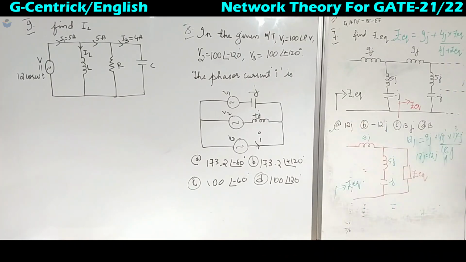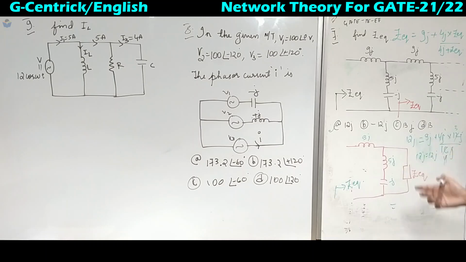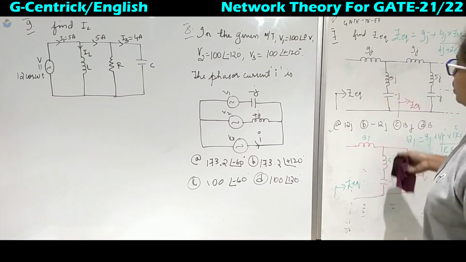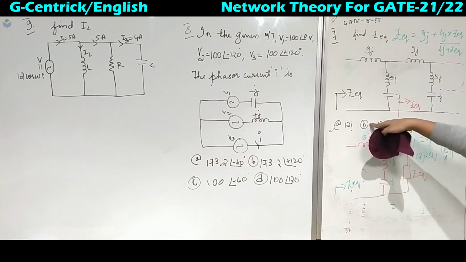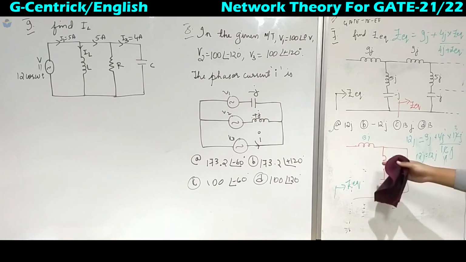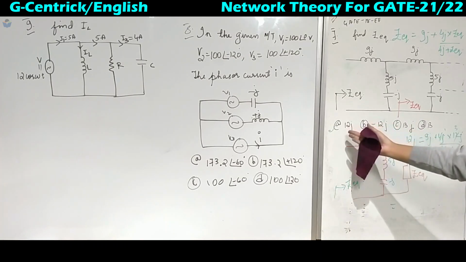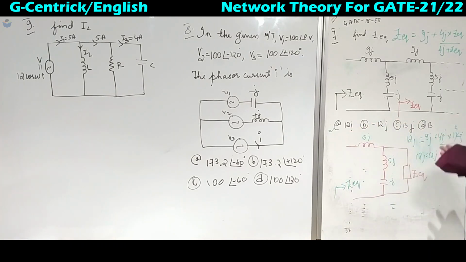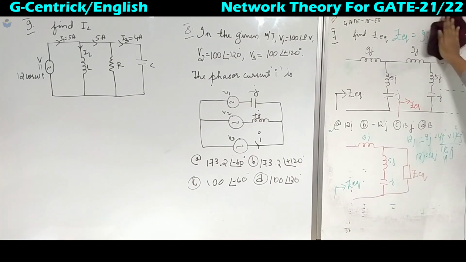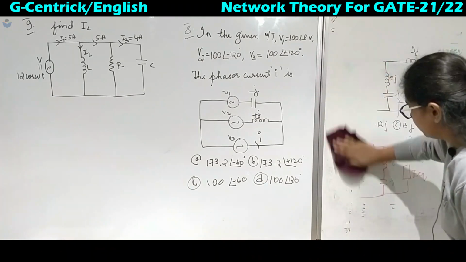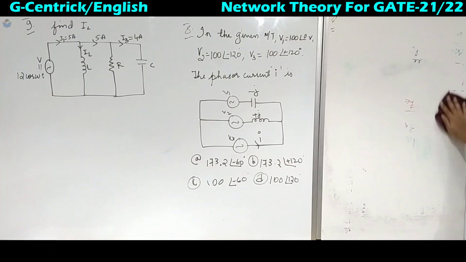So our option is 12J, that is option A. You can check with the others also, you will not get the same answer. This is how you will solve this network. There are many ways to solve one network, and this was asked in GATE 2018 electrical branch. When you have such a type, you can directly use the options, so that you can compare LHS and RHS. If they are equal, then that will be your option and the answer.